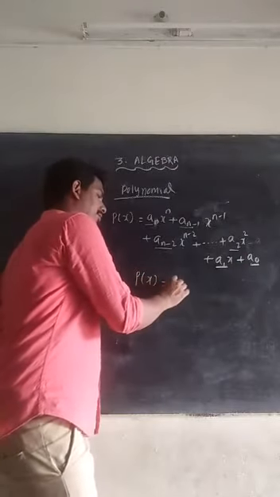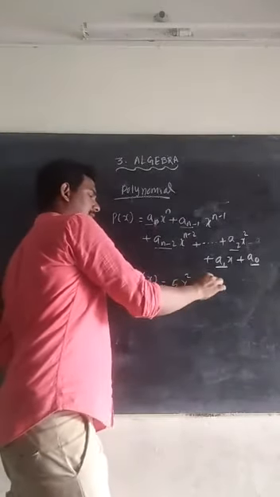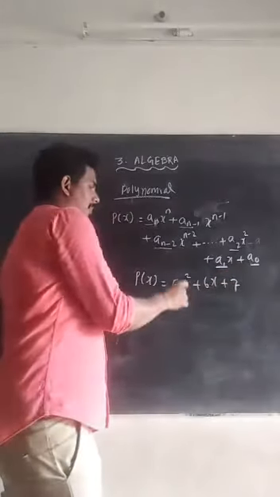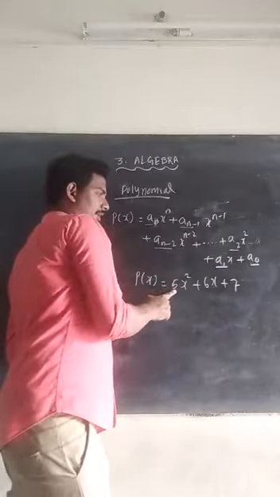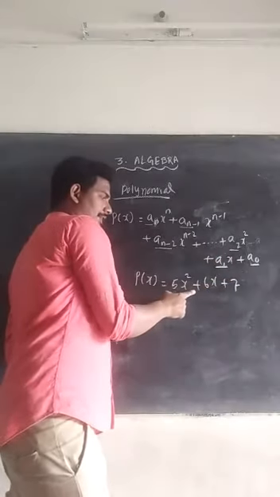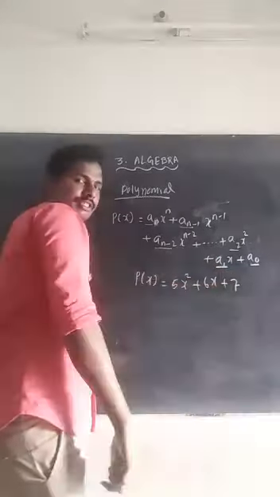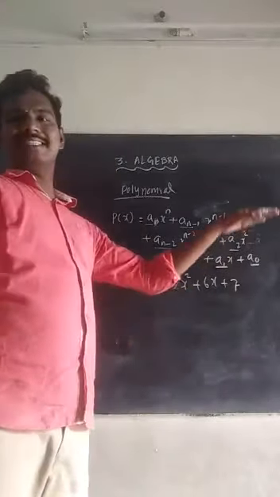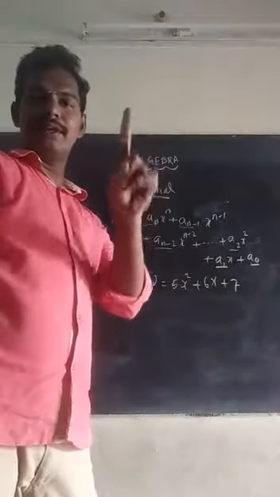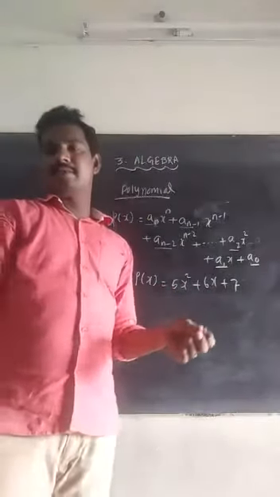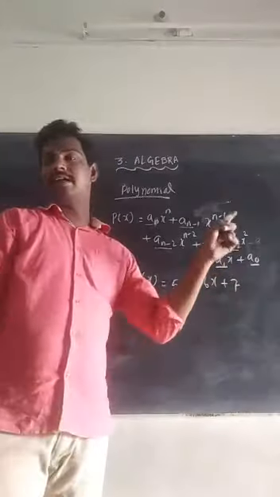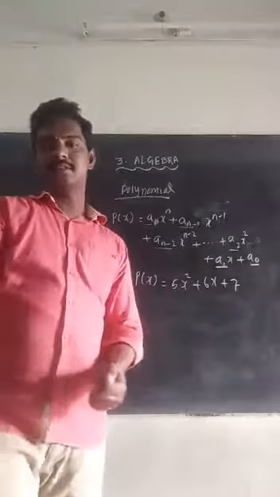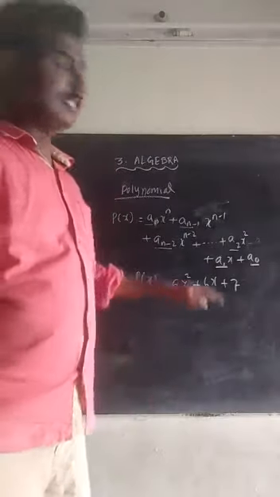One simple example shall I write? P of x is equal to 5x square plus 6x plus 7. Look at it. See, power 2 is there, one variable is there, power 1 is there, one variable is there, and the last constant is there. So this is the concept of polynomial. Polynomial means continuously it will be there with one variable, they say. Polynomial is an arithmetic expression consisting of a variable and a constant that involves 4 fundamental arithmetic operations. Okay. This is the general form.